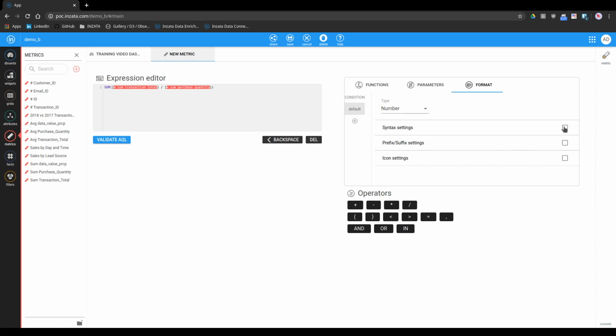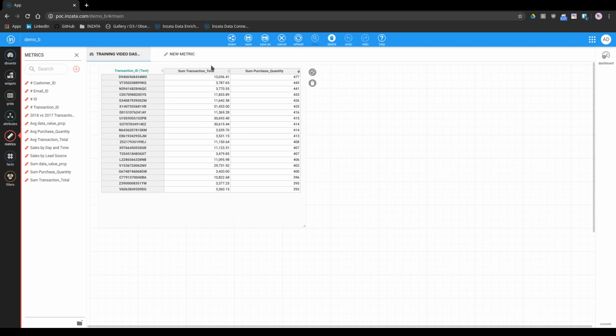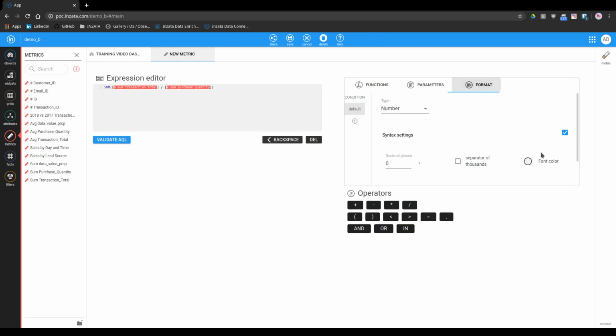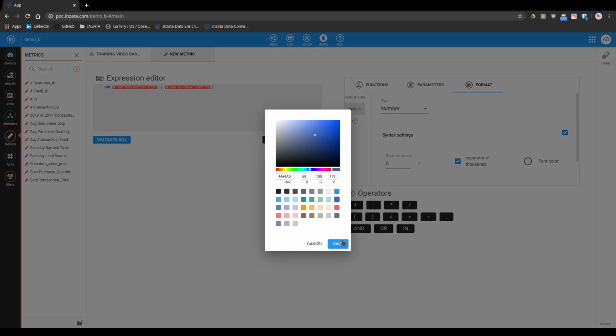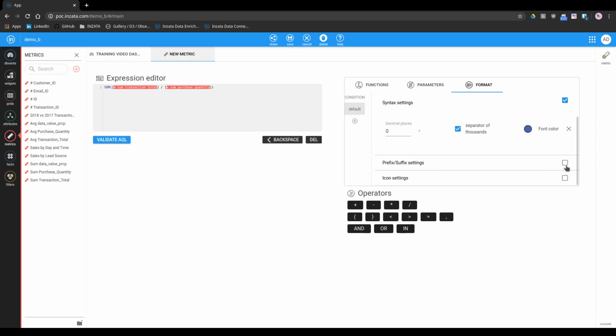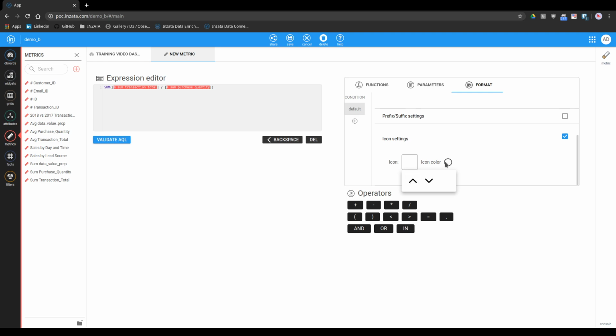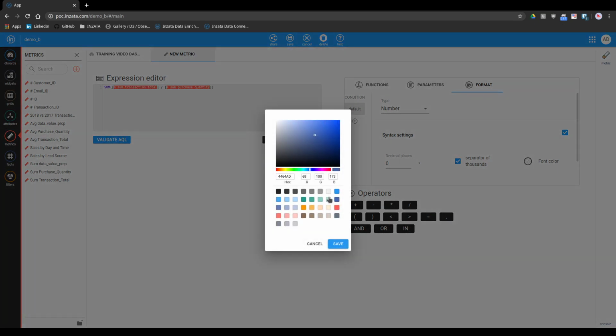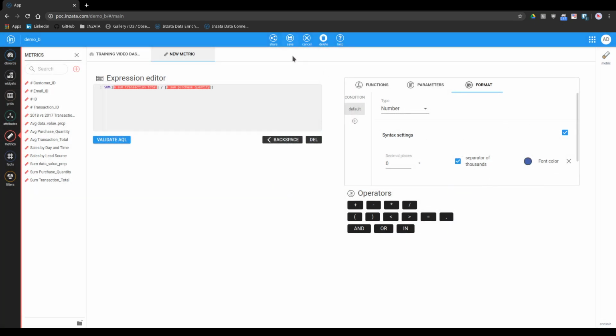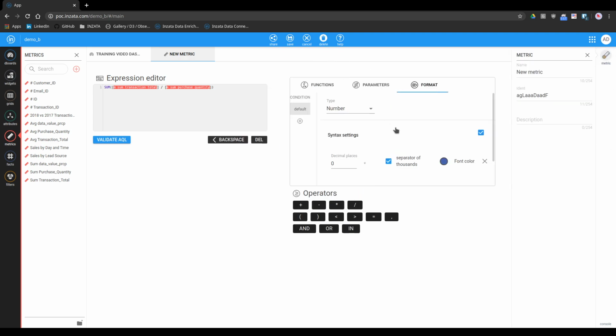So for example, I can tell it I don't want any decimal places, because you'll remember my transaction total has decimal places. For this I don't want any, so I'll give that 0, separate at the thousands. We'll make the text be dark blue. I can also add a prefix or a suffix, so for example a $ sign or a percent sign. I can also add an icon if I want, so an up arrow, down arrow, and give those a selected color as well. But I'll just leave this as is, and I'll hit, oh, I almost forgot to give my